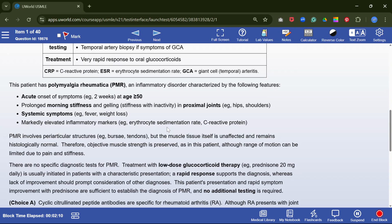This patient has polymyalgia rheumatica, an inflammatory disorder characterized by the following features: acute onset of symptoms over 2 weeks at age more than 50, prolonged morning stiffness with inactivity in proximal joints, systemic symptoms such as fever and weight loss, and markedly elevated inflammatory markers, ESR and CRP. PMR involves periarticular structures, bursa and tendon, but the muscle itself is